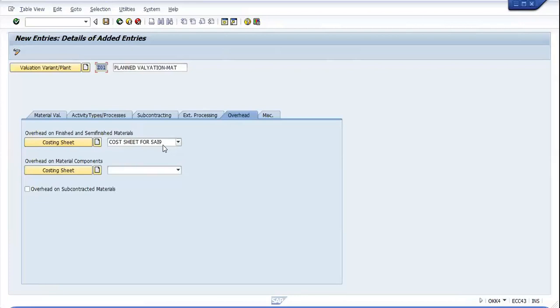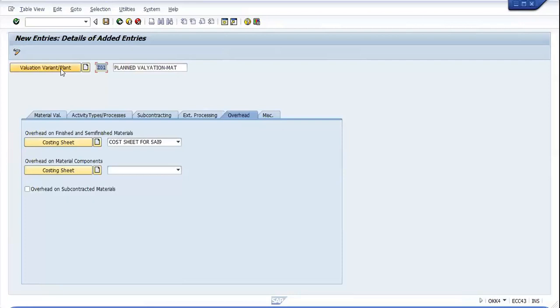There is one important note. If we want to use different valuation strategies or different overheads in plants that belong to the same company code, like when we have more than one plant in our company code, and we want to use different valuation strategies, like Z01 for one plant and Z02 for the other plant, we can define a plant-specific valuation variant by assigning a valuation variant to the plant.